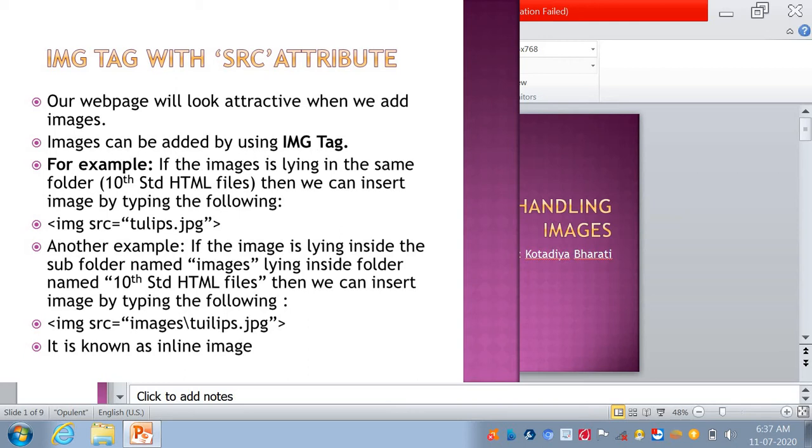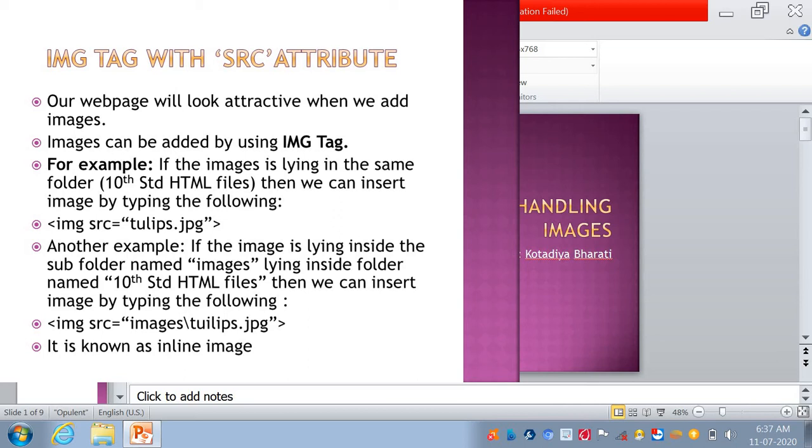If the image is lying inside a subfolder named images, it means your image is stored in the images subfolder. The folder name is 10th standard HTML files, and then the other folder name is images.